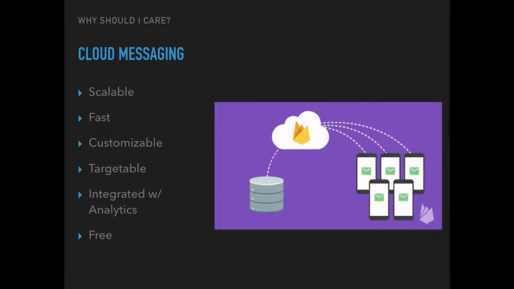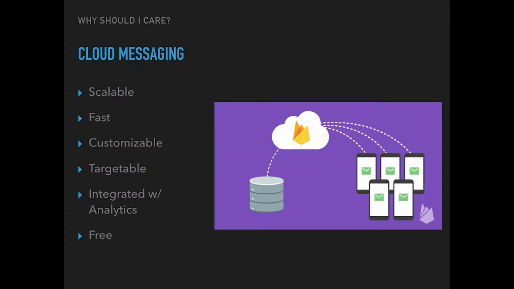Cloud messaging. Okay, let me bring up my notes on this because I want to make sure I get these statistics right. So when I say it's scalable and fast, they have some statistics around that I wanted to quote, so it's not just me. Google is advertising, if you take them at their word, that they process billions of these cloud messages every single day. And they process 95% of those billions of messages within 250 milliseconds. So you can use this messaging service and not have to worry about scale and not have to worry about performance.